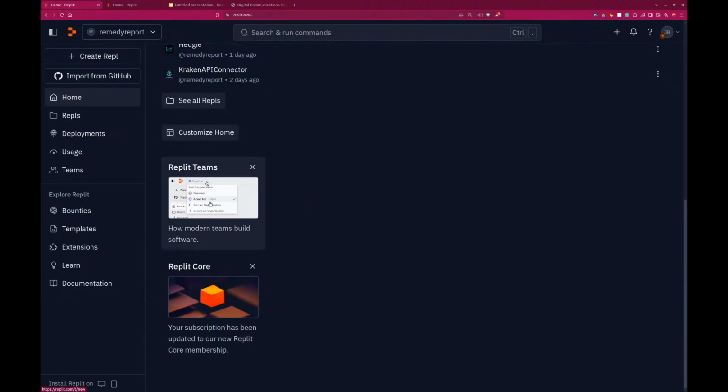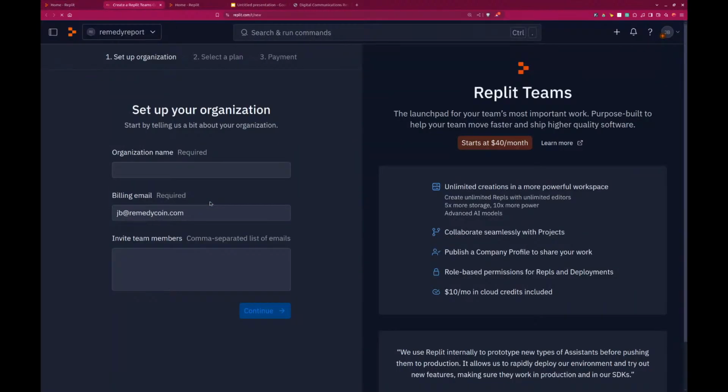How modern teams build software. Let's take a look at this. Replit Teams starts at $40 a month. Launchpad for your teams. See, and then that's